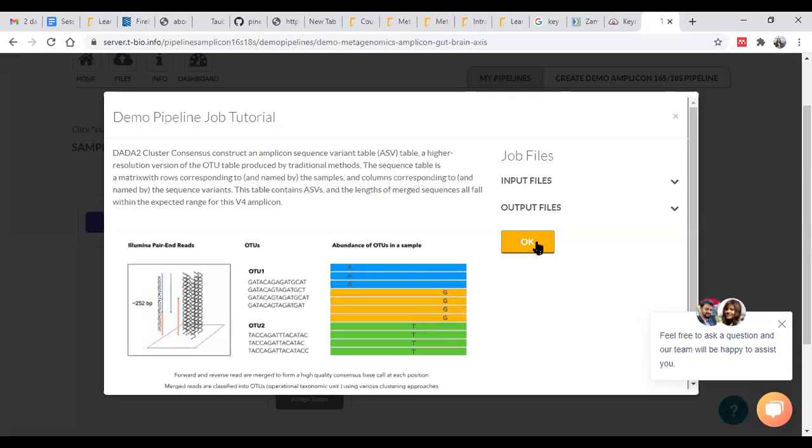This data pipeline constructs an amplicon sequence variant table, which is a high resolution version of the OTU table produced by traditional methods. In this particular OTU table, the sequence table is a matrix with rows corresponding to the samples, and columns representing the names of the sequence variants.